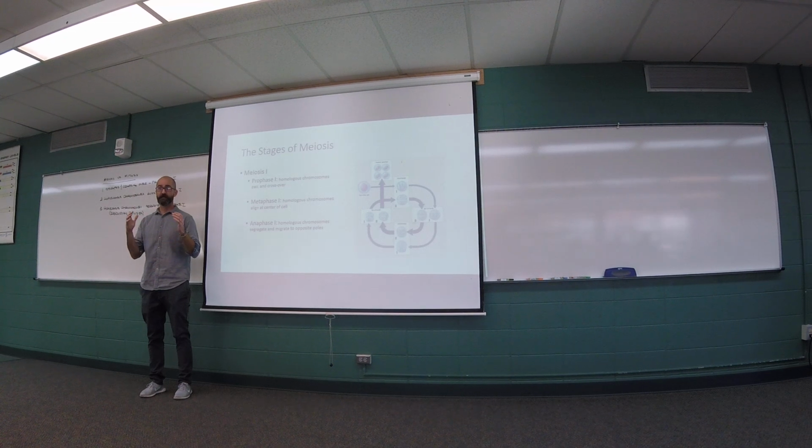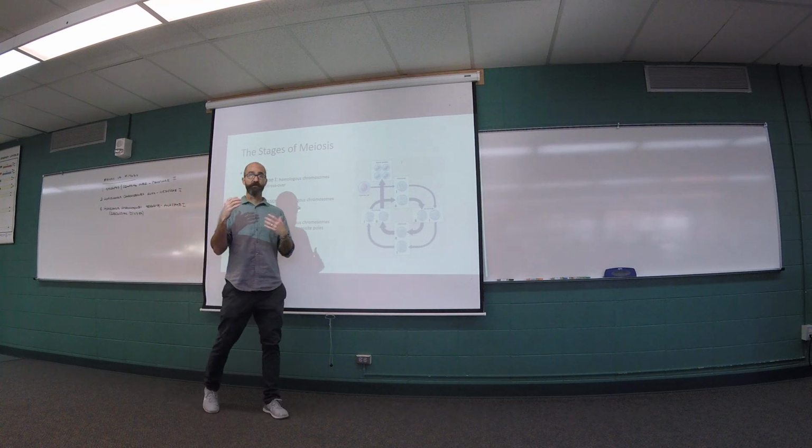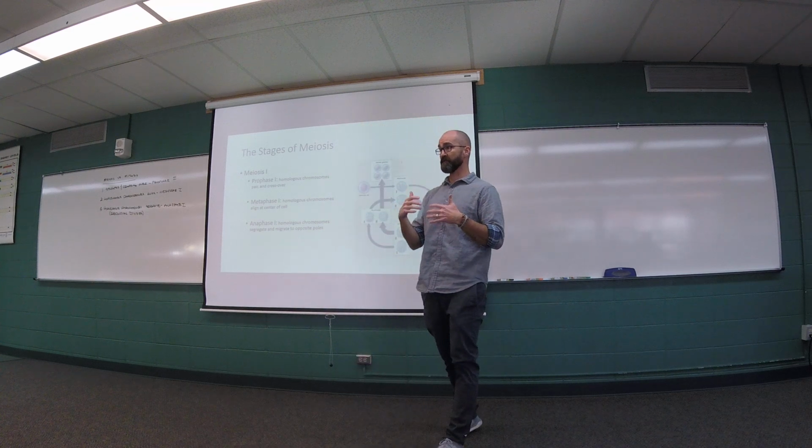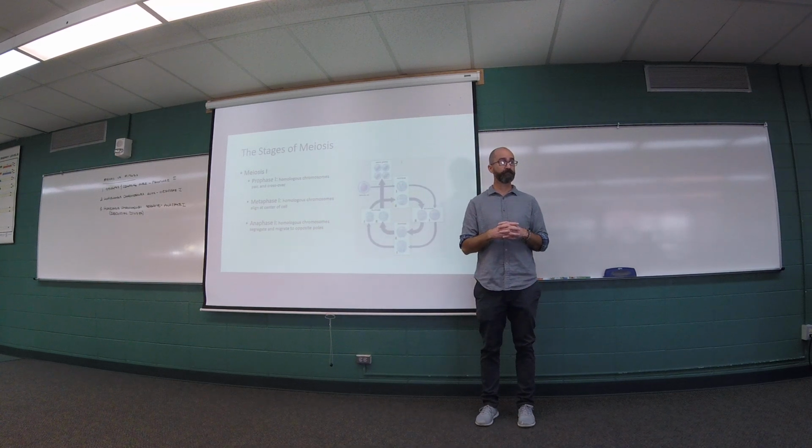Meiosis is used fundamentally differently. This is the process that we use to create gametes. That is, this is the nuclear division that's associated with gamete production. And it is very much like mitosis, but instead of ending up with two daughter cells that are genetically identical to each other and to the mother cell, you end up with four daughter cells that are genetically distinct from each other and genetically distinct from that original mother cell. Additionally, each of those four daughter cells and daughter nuclei have half the genetic complement, right? So they start off with 46 chromosomes, each ends up with 23